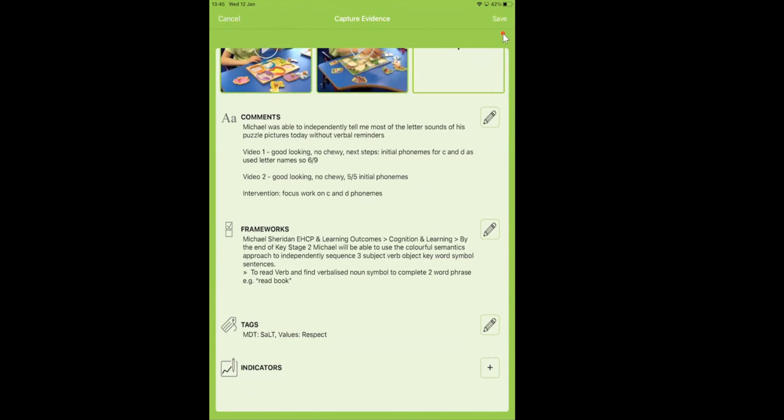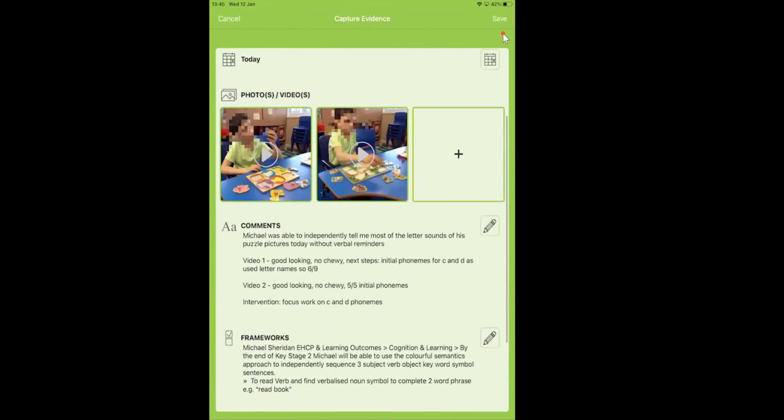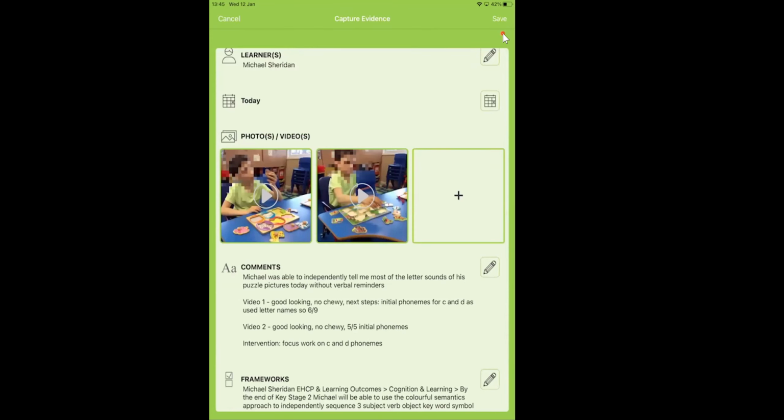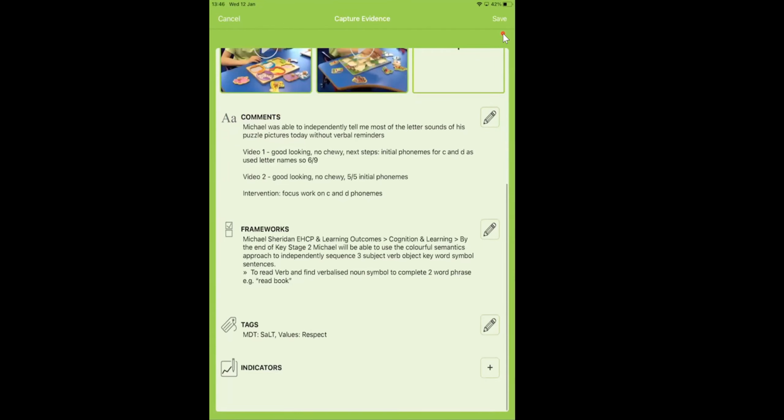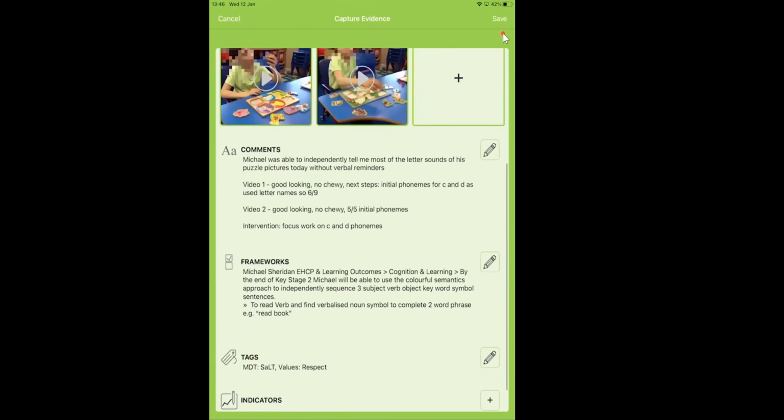So this piece of evidence now, again, we think about it as different layers. We've added the photos and videos. We've added some comments to go with the piece of evidence. We've also added some framework links. And we've also added some tags. We're going to look at indicators in a moment, but what I'm going to do now is